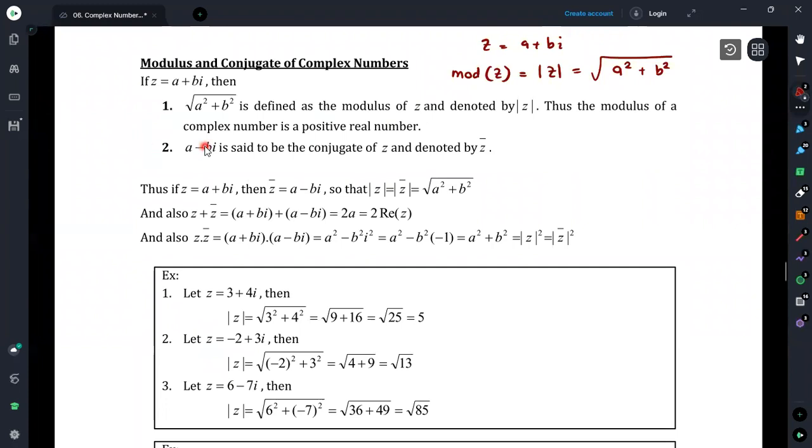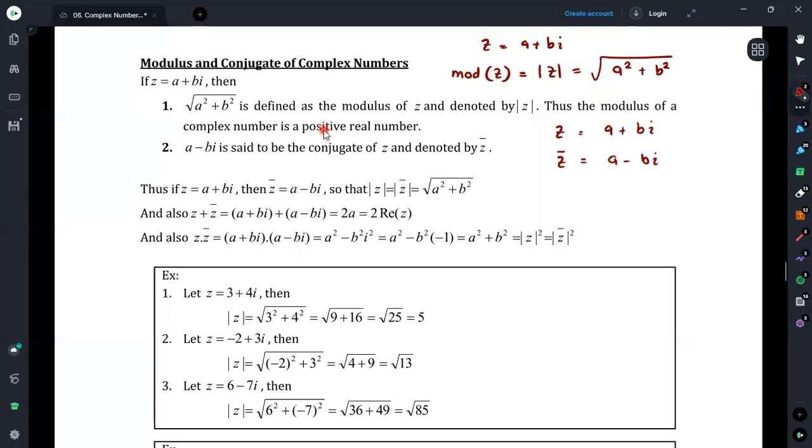And now we will see the conjugate of a complex number. Suppose that z is given as a plus bi, then the conjugate of this complex number is defined as a minus bi. The only difference is the connecting sign. a is the same as before, but the sign which connects the real part with the imaginary part is now changed. Therefore, we get the conjugate for z as a minus bi, and it is denoted as z bar.